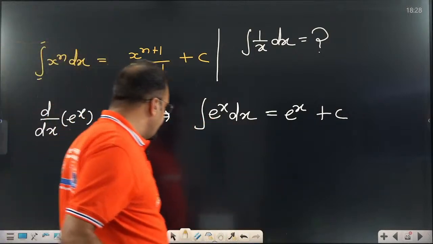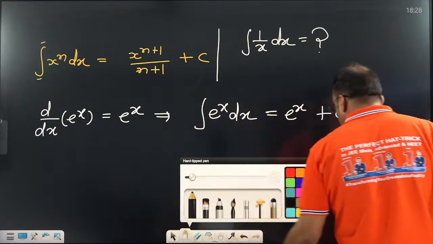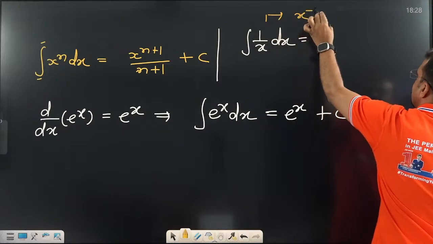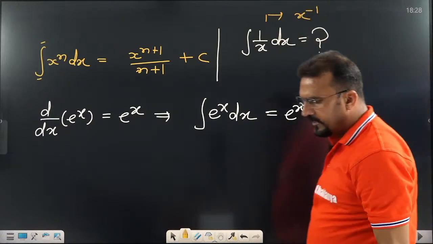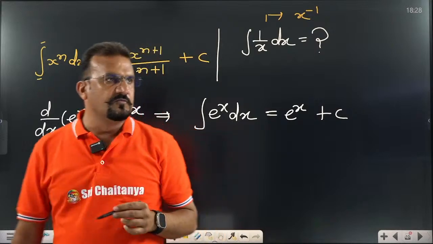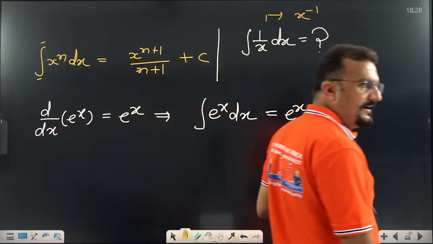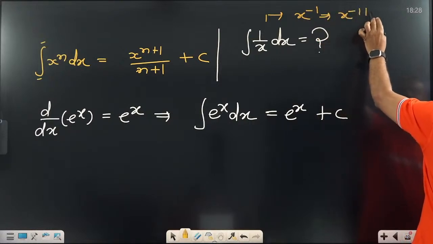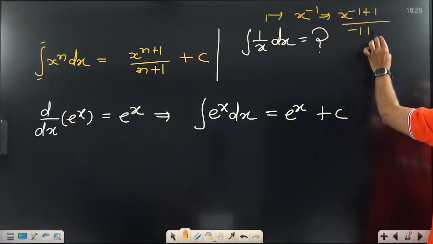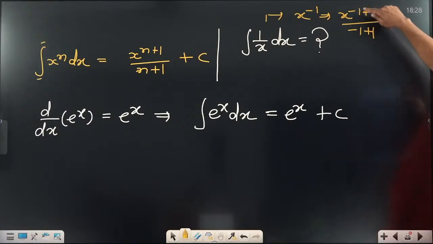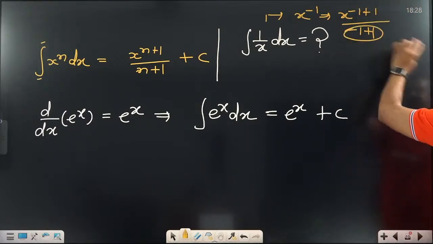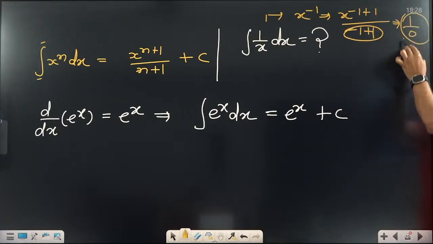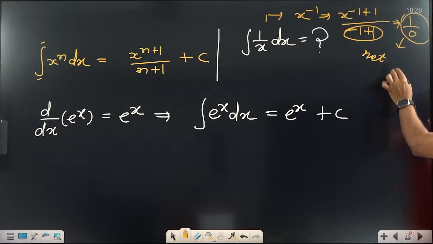Can we do this integration by x power n formula? Try it with x power n formula. When you do it, x power n means x power minus 1. Do it fast. What is the x power n formula? x power n plus 1 divided by n plus 1. That means x power minus 1 plus 1 divided by minus 1 plus 1. See, this power is going to be 0, but one problem is that this denominator part is going to be 0, and in denominator something is 0 means not defined.